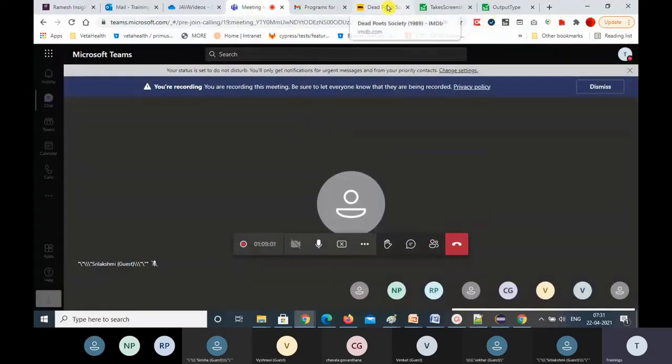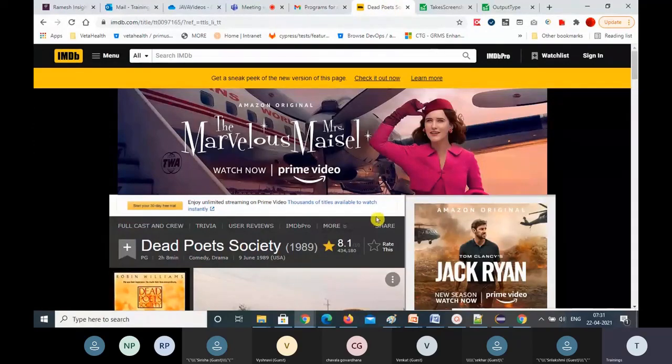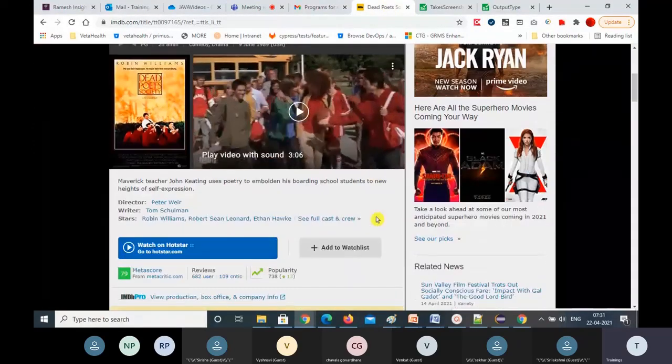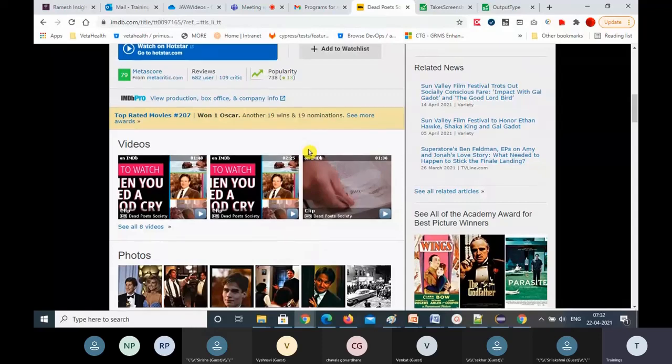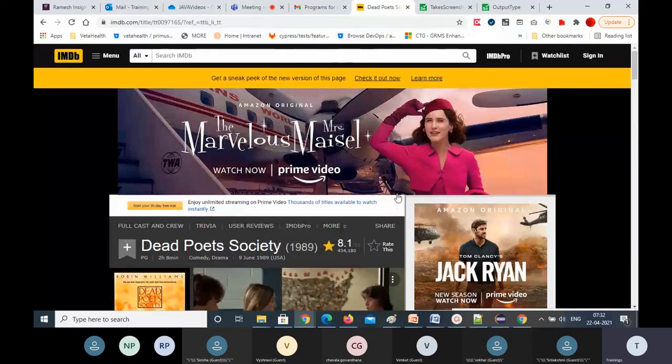Now let's write all these programs so that at least a few of them you can take up. Suppose I want only this section, but first you need to get this section's XPath. Then you will get that section element's screenshot. So let's see how to do all these things, how to scroll the pages. I'll take up this website only, and then I'll show all the things. So let's write the program.